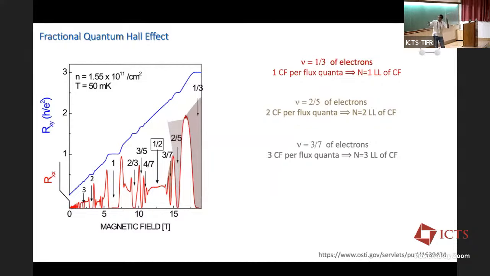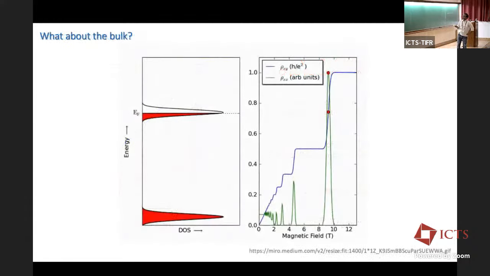So you can take any of these fractions, all these odd denominator fractions, and you can transpose them into an integer quantum Hall picture. Okay, you can forget about the interactions, and whatever you know about the integer quantum Hall, you can carry over on to the fractional quantum Hall. Well, most of it. And this gives you the so-called Jain sequence, 1/3, 2/5, 3/7, and this is how you explain all the odd denominator fractional quantum Hall systems. Now, this is all the story about the edge states.